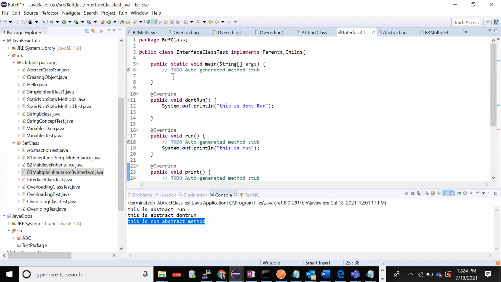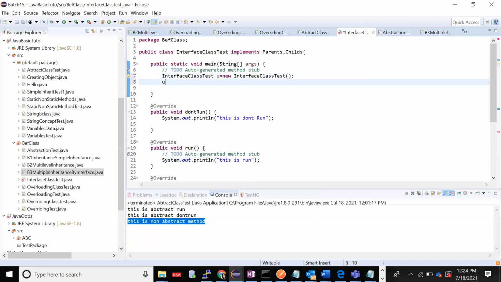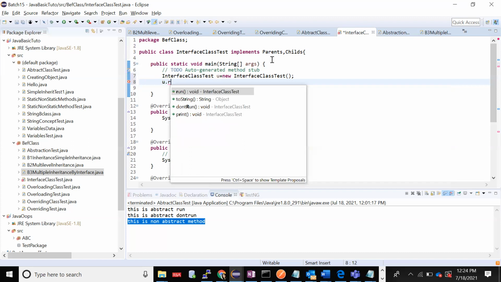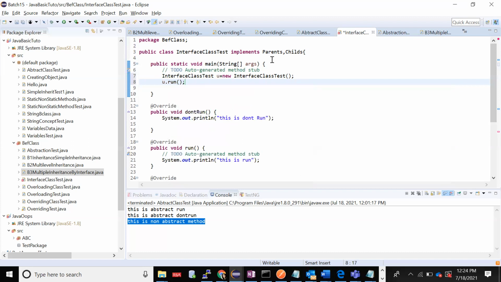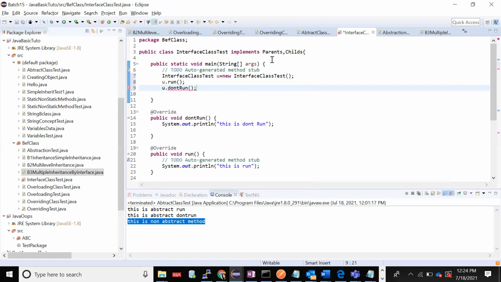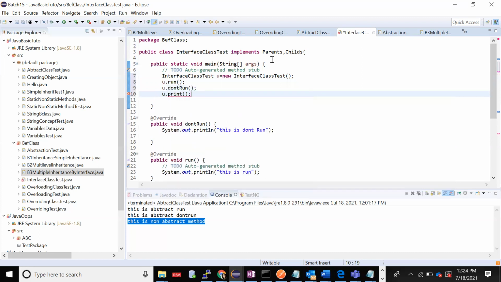Now when I come to the main method, I'll create an object of this interface, test t equal to new test. Then t dot, I'll have the method run, right? Then t dot don't run, then t dot print is also there. I'll just call those methods.